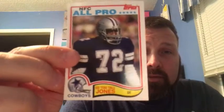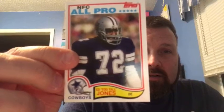Ruben Randall, Fred Davis. We got a Y.A. Tittle in the 85 variety. These are pretty cool. This is an all-pro of Ed Too Tall Jones, and this really does look like an old-school card, an old 70s football card. But you got the Ed Too Tall Jones, Mike Williams, Blaine Gabbert, Quail Jackson, and Darren McFadden. I mean, I love these designs, and I don't know why they only did 1 year because they're really pretty cool. So we got an Eli Manning,